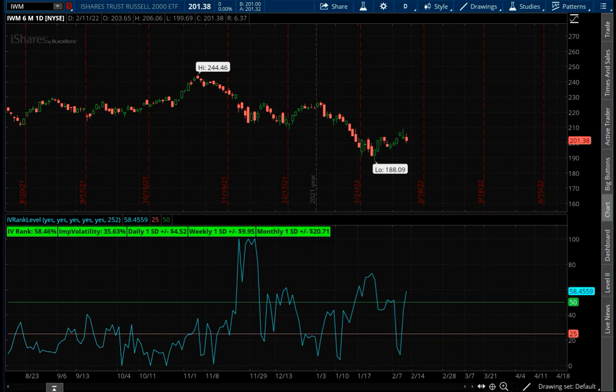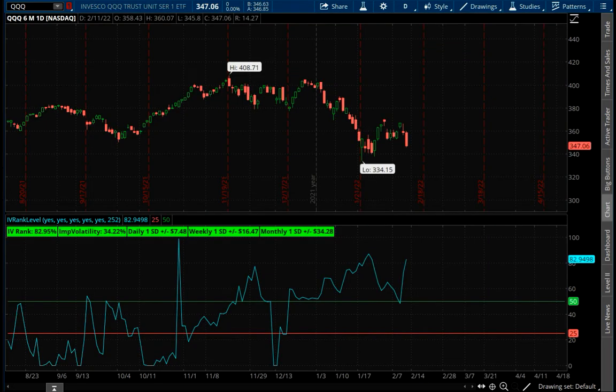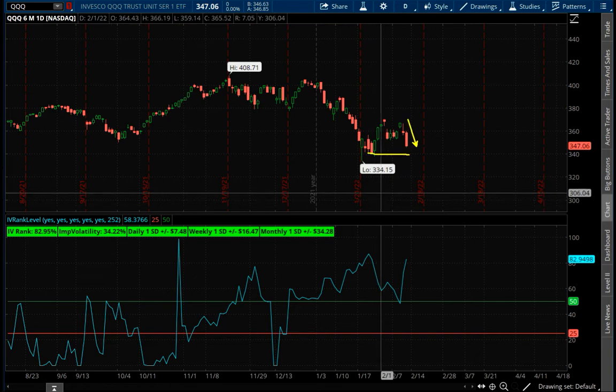But really the big one last week, if you were watching, was the Nasdaq, right here, the QQQ. You can see right here, this took a big drop, and it's getting kind of near its most recent lows. But look at this, the volatility has had a huge spike. We're way up here at 82. But you can see over the past roughly 6 months is as high as it's been. So if we're going to look to make a trade in a high volatility underlying, the Q seems like the best one to do.